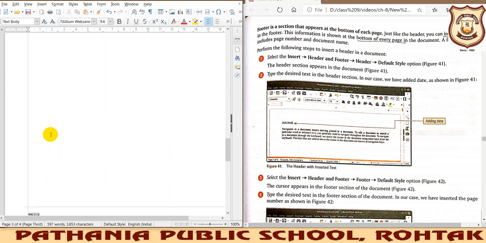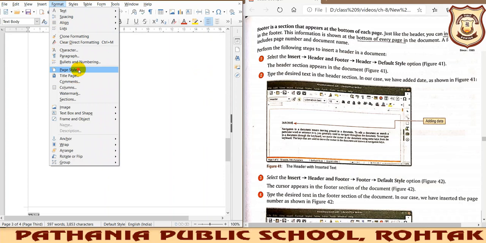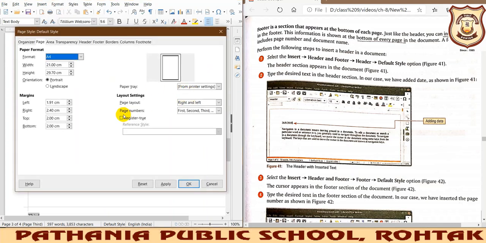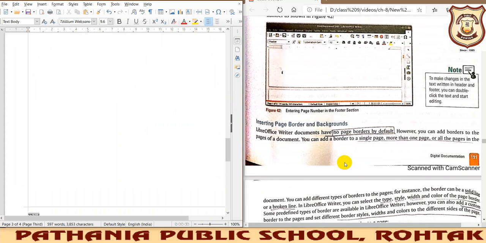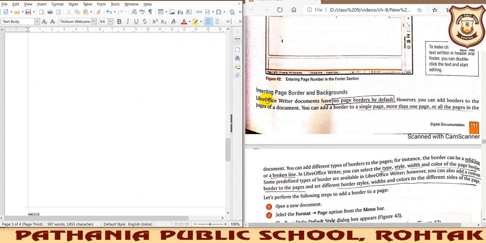There are many ways to implement a particular thing. Either you can insert the header and footer from this Insert option, or we can use the Format and Page Style option, where we also inserted the page number in the footer. It is totally your choice which option you want to use to insert these things in the header and footer.